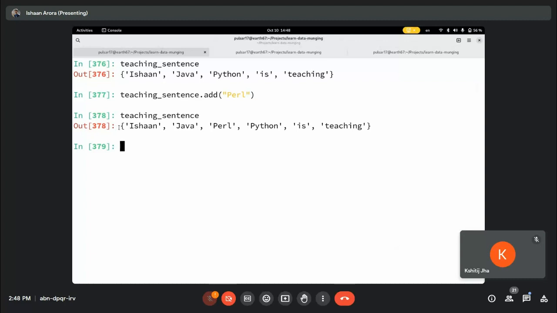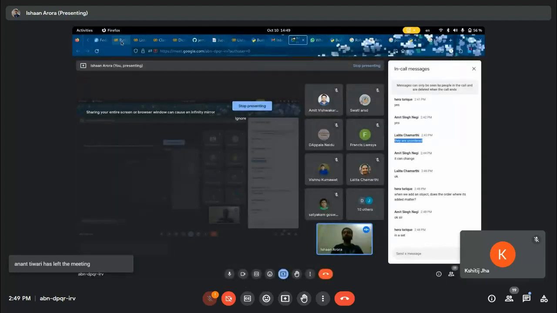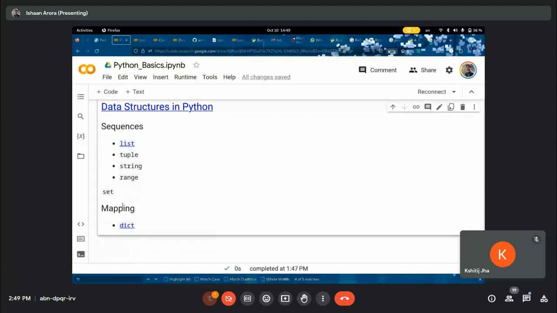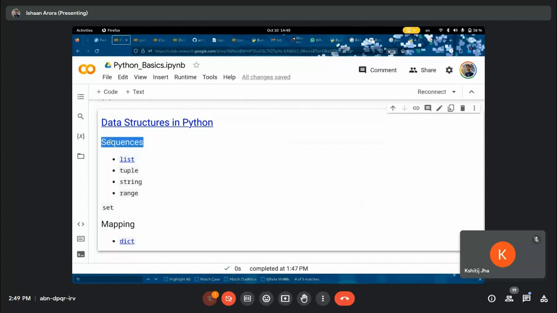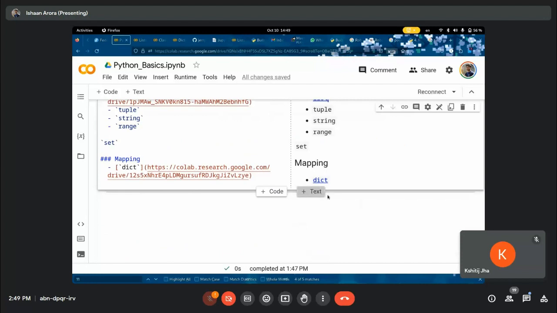Although this is a representation of a set, internally as well sets are unordered, and you can't depend on the order of sets because they are unordered. This is the correct mathematical definition of sets as well. Sets have no defined order. That is the reason I added sets after sequences. So sequences, if you go by the mathematical definition,